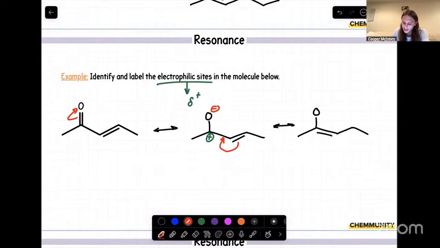where we still have a negative charge on oxygen, but by doing that, we now have a partial positive charge on that carbon. So by looking at those resonance forms, wherever we have a positive charge on one of the individual resonance forms, that's showcasing where we have those partial positive charges on our molecule, which means we would have a partial positive charge on that carbonyl carbon, and then a partial positive charge on that carbon right there. Perfect.